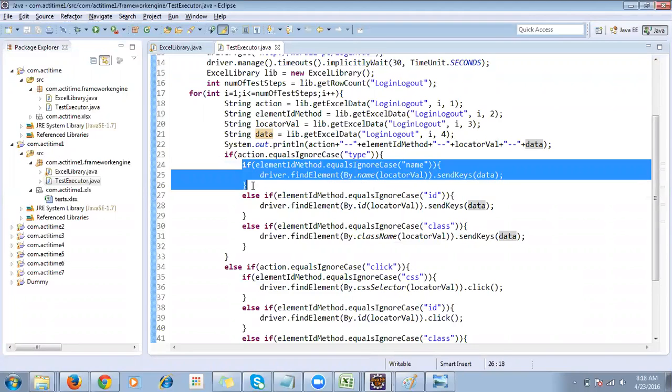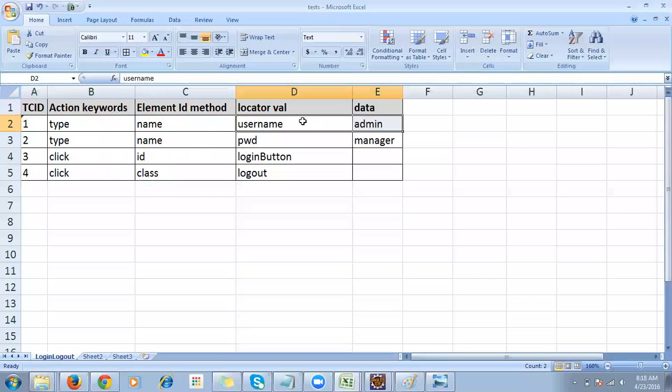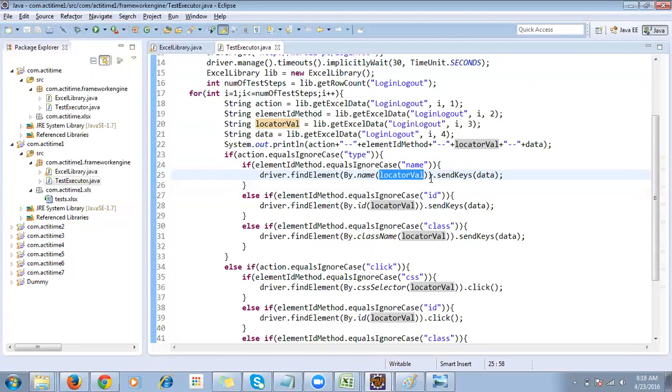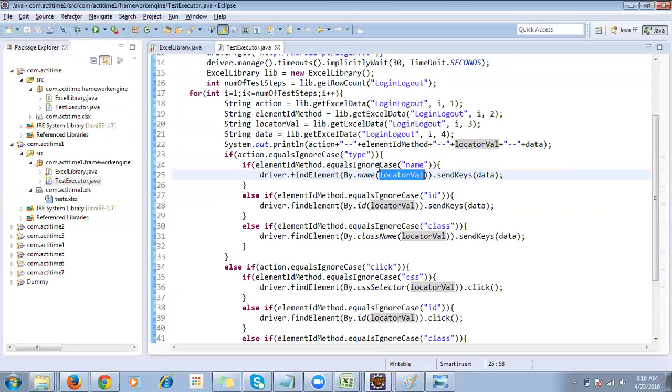Then after that, what will happen? Driver dot find element by dot name, locator value is what? By dot name, username is the locator value, dot send keys admin. So that comes over here and types admin over here. That's what it will do. Then next,